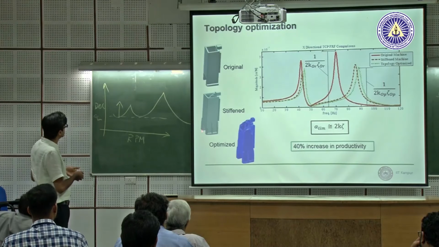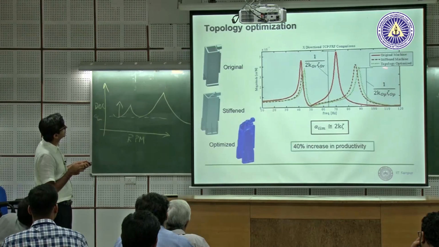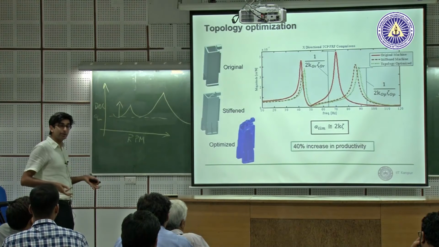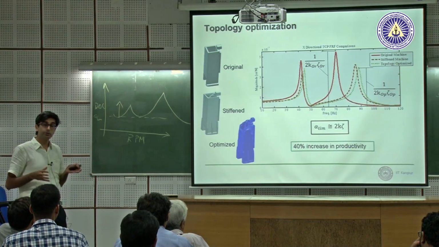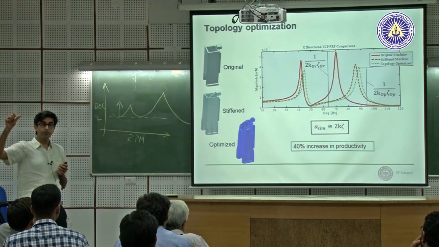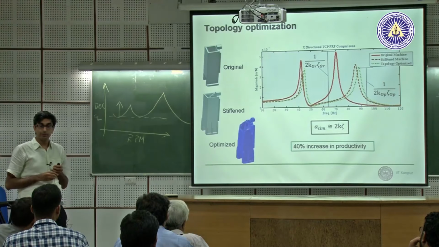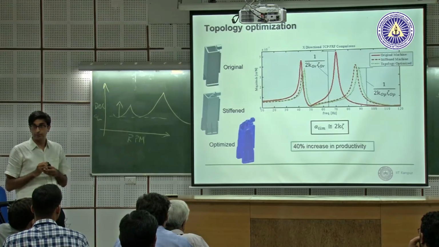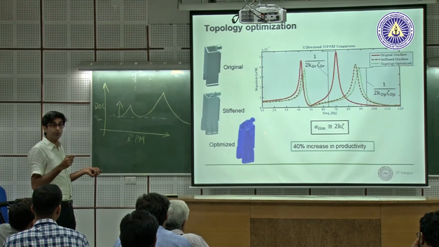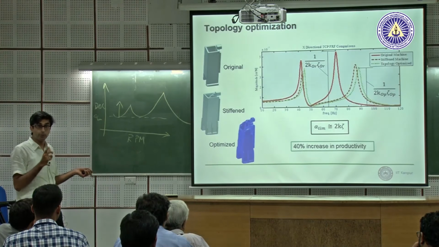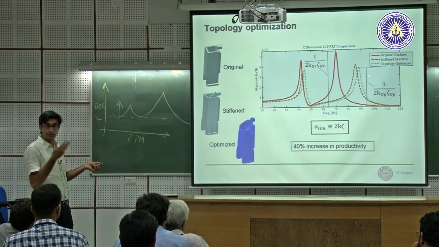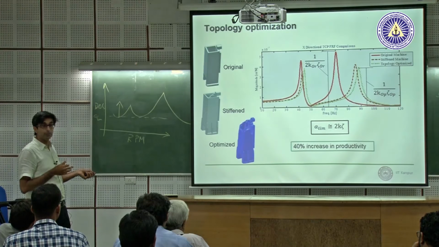So if you add stiffened ribs inside, you can see what happens. The brown dashed line is stiffened. And now because by stiffening you added weight, if this is the moving column configuration, you can do a topology optimization, which is the shape optimization with a certain objective. And the objective is that we want a certain dynamic stiffness and you want to minimize weight. So this is a very Mickey Mouse example. You can see just by a simple topology optimization of one component in the machine, you can get a 40% improvement in productivity of the machine. The lower this is, the higher the productivity is.